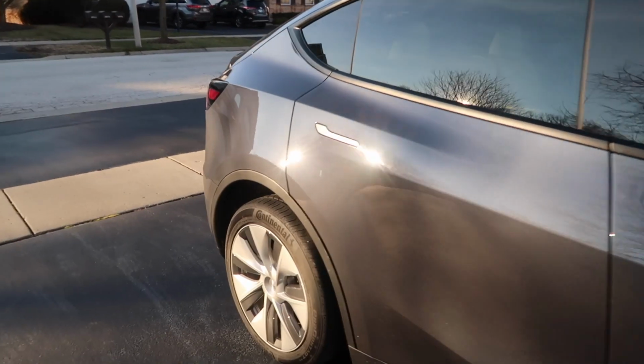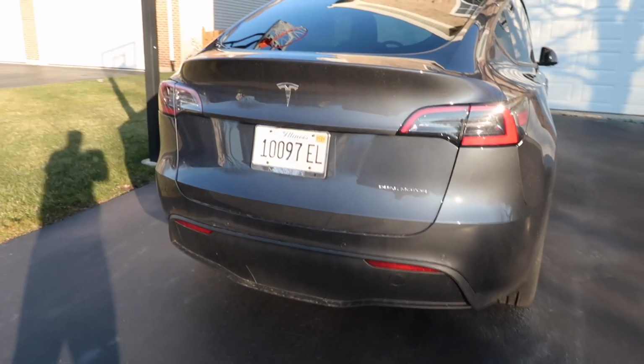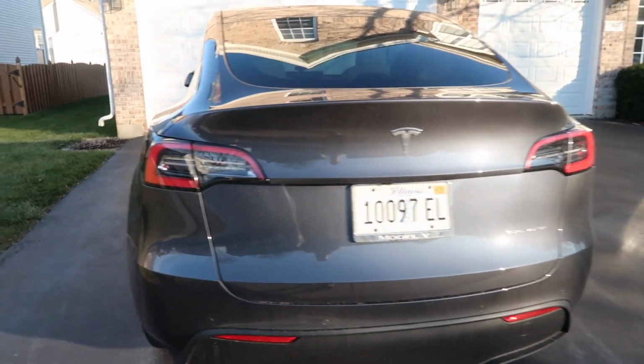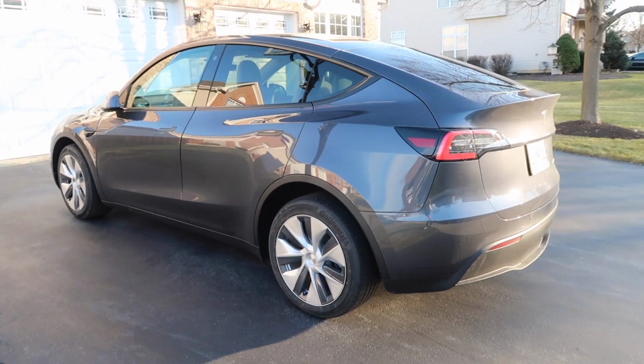It really is a beautiful car to look at. I know some people don't love it, and you know what, to tell you the truth, I didn't love it either the first time I saw it, but the more I saw it on the road, and ever since owning it, I've completely fallen in love with it. I love the design. I love how efficient it is. I love the blacked out